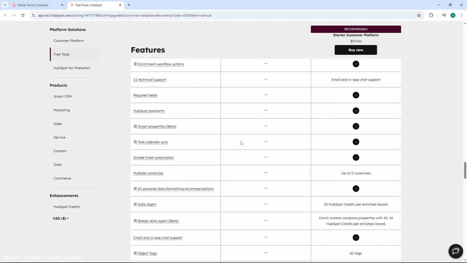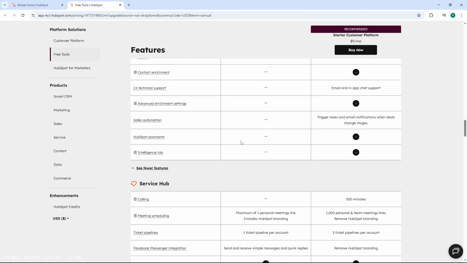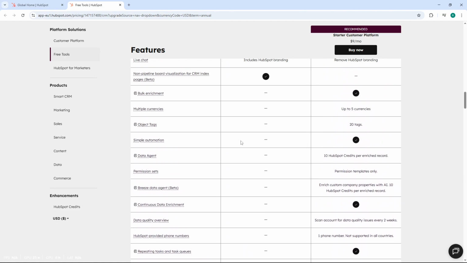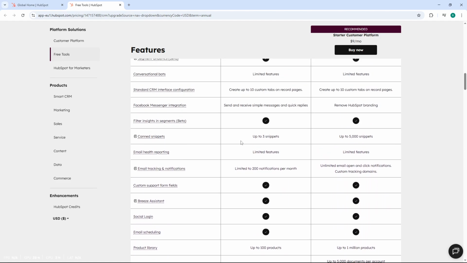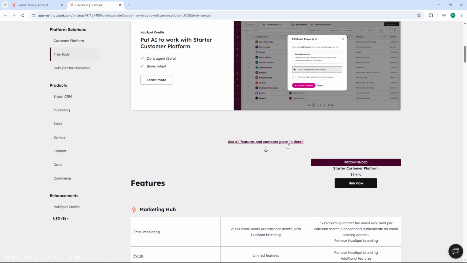To get started, consider setting up a basic ticket pipeline, enabling live chat on your website, and publishing your first knowledge base article. From there, you can refine your dashboards and automate common service tasks as your team grows more comfortable with the